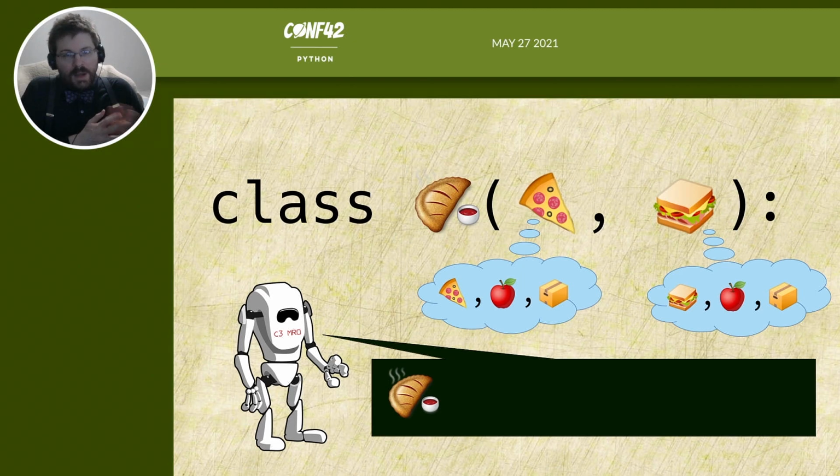Pizza on the left-hand linearization, and sandwich on the right-hand. The rest is just in the tail. So the tail for the pizza linearization is food and object, and the tail in the sandwich linearization is food and object. Okay, so we start out with calzone in our new linearization, and we're going to look at the leftmost head,